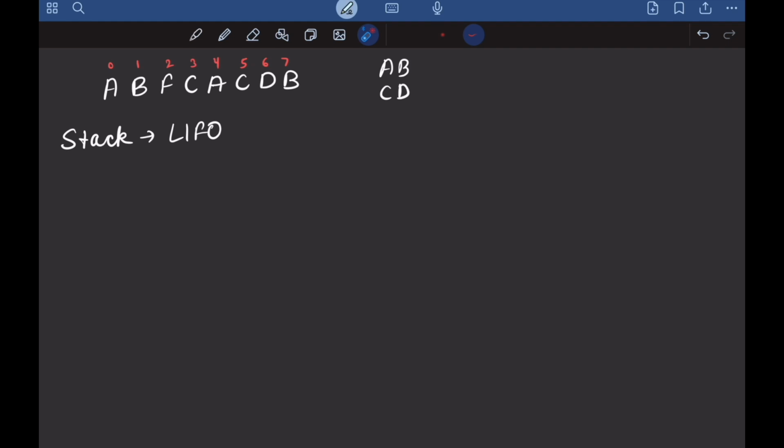And what was our requirement? Whenever we are at the current character and we are comparing it with the last accessed element and they are forming a valid pair, we will remove this one, right? All of these capabilities the stack gives us. So how are we going to do this? This will be my stack. I iterate over this string.